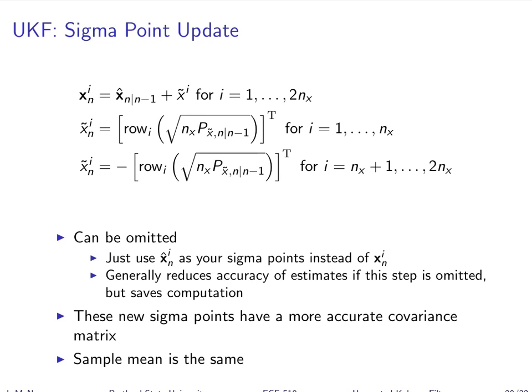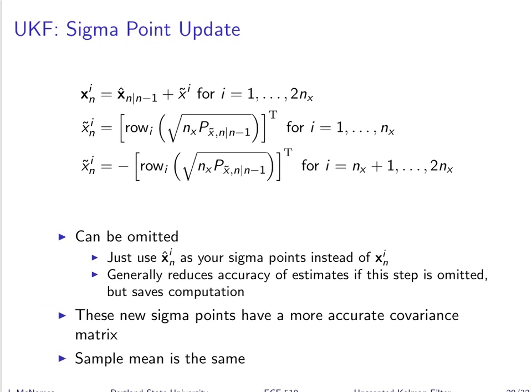And then there's this other step that is called the sigma point update. And this can be a little confusing, in part because it's not super important. It turns out you can skip this step altogether. But after we take our sigma points and we push them through that nonlinearity, what we're left with are not technically sigma points, in the sense that they're not computed quite the same. We didn't